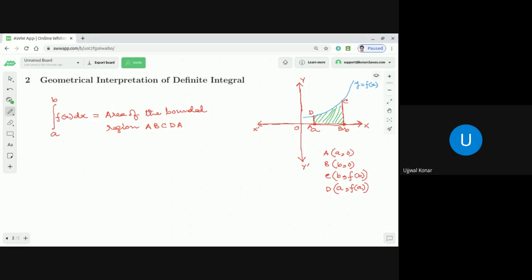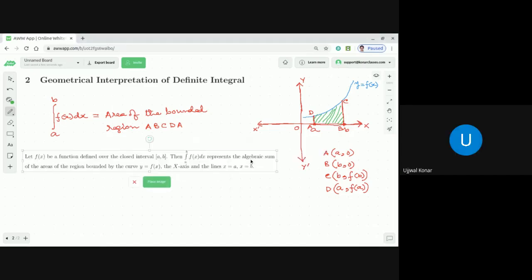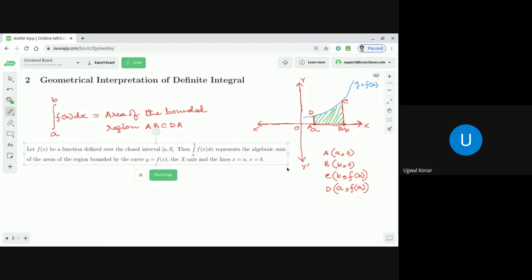Once it is clear, then I'll come to the formal definition, whatever we get from the notes and all this stuff. But before that, it is very important that you understand. So now let me come to the formal definitions. What I discussed, that also is formal. I'm telling you exactly the way it is written in notes or books. But before that, it is very important that you understand the intent of it.